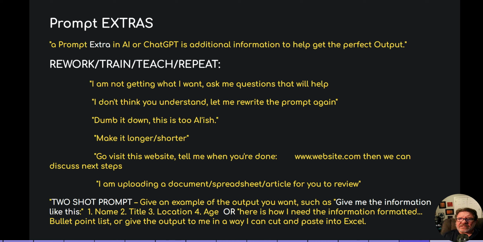So if you go back and say, I'm not getting what I want, ask me questions that will help you. I don't think you understand. Let me rewrite the prompt again. If it comes in too smart, dumb it down. This is too AI-ish. You can tell it, make it longer, make it shorter. You can also send it to a website. You can say, hey, go to